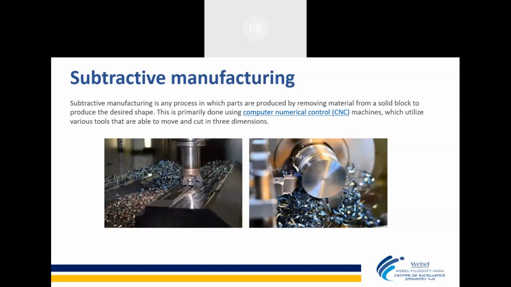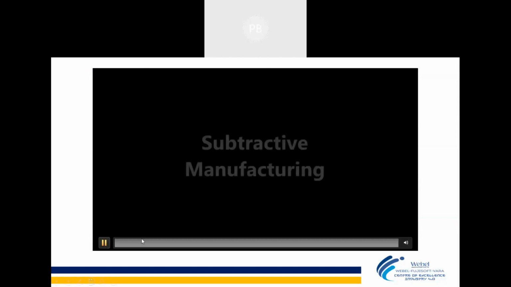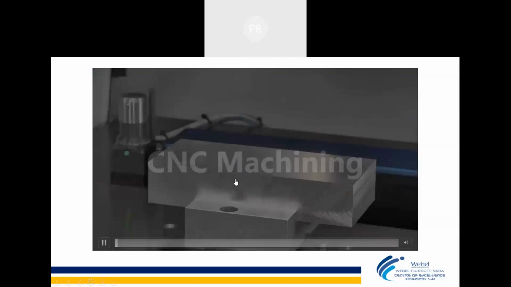So there will be a set of machines for this, but the principle for all the machines remains the same, where they cut a raw block of material and get to the desired product. Maybe the working principle will be different from one to another, but the fundamental principle is cutting the material and getting the desired product. So this is what we do in subtractive manufacturing.